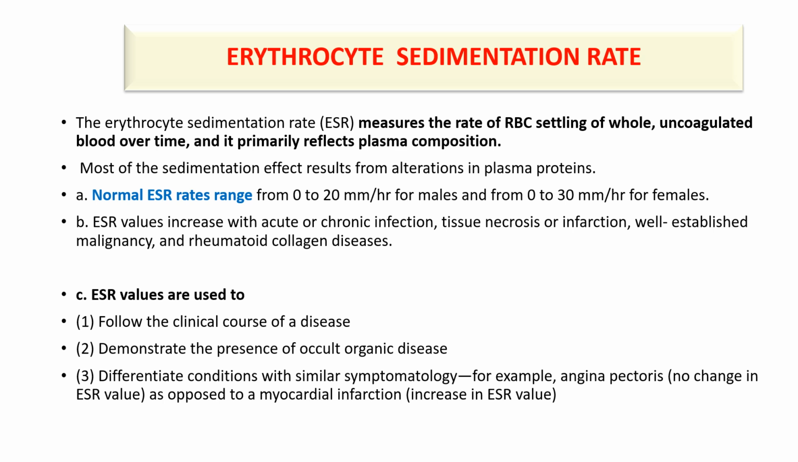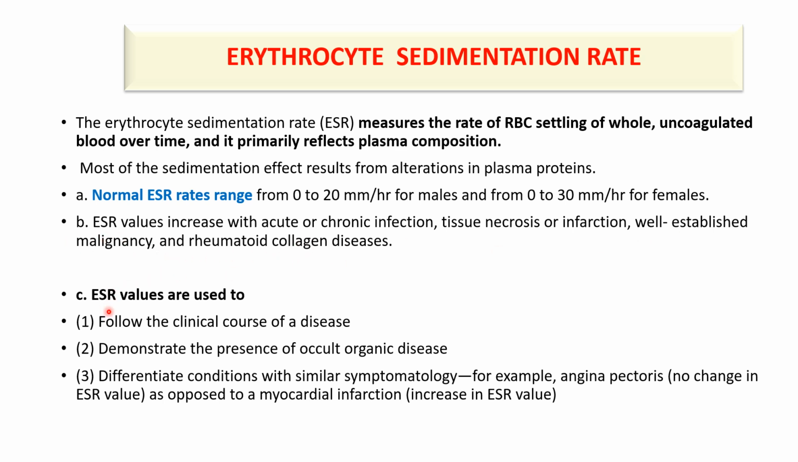ESR or erythrocyte sedimentation rate measures the rate of RBC settling of whole uncoagulated blood over time, and it primarily reflects plasma composition. Most of the sedimentation effect results from alterations in plasma proteins. Normal ESR rates range from 0 to 20 mm per hour for males and from 0 to 30 mm per hour for females. ESR values increase with acute or chronic infection, tissue necrosis or infarction, well-established malignancy, and rheumatoid collagen